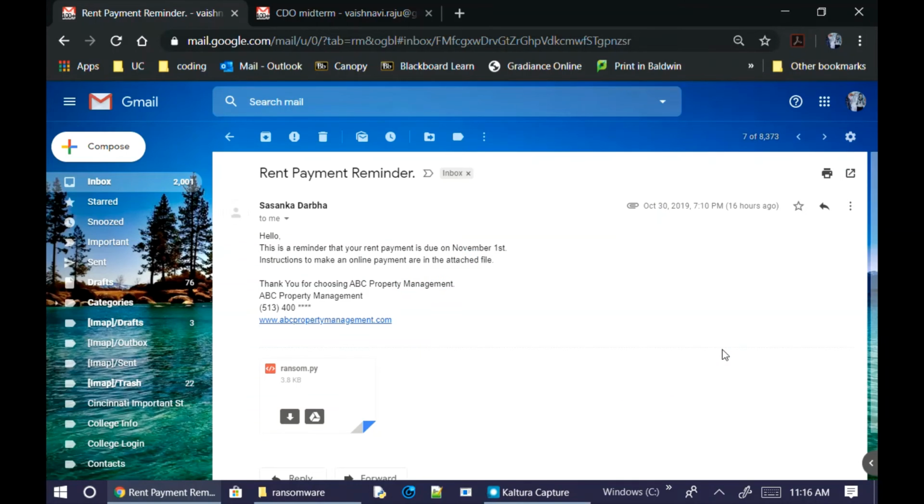To recreate a ransomware attack, we have generated a phishing email that appears as legitimate as possible to the receiver. The message reads that this is a reminder that your rent payment is due on November 1st. Instructions to make an online payment are in the attached file. This is from the feigned source ABC Property Management. After reading this message, the receiver will download this attachment,